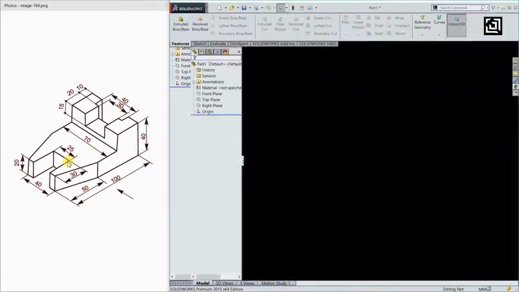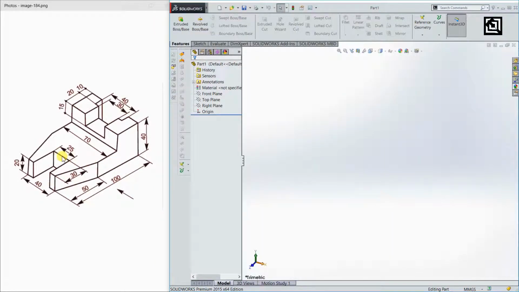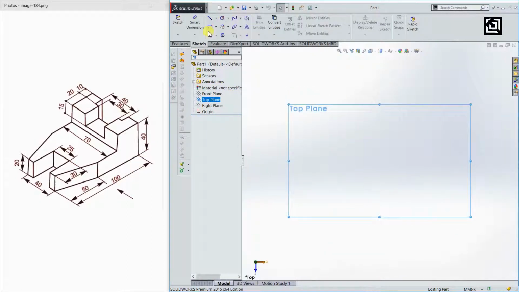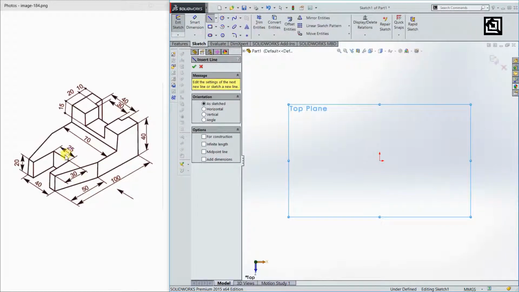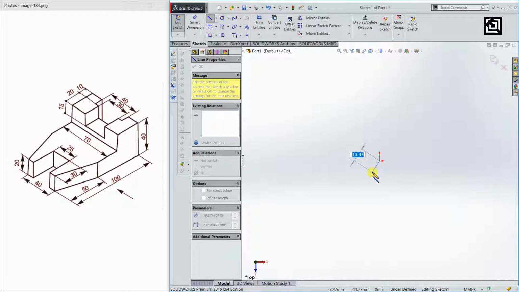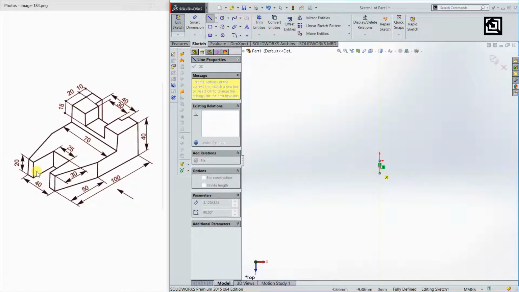And for your kind information, I'm just taking this center part of this line as the origin. Now I'm taking the top plane to start my geometry, and from here I'm starting towards downward to a length of 12.5, and from here to here they have given us 30, and from here to here they have given, indirectly, from this point to here 40, from here to here